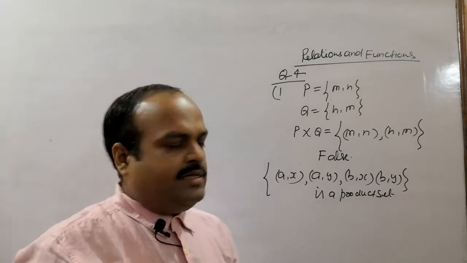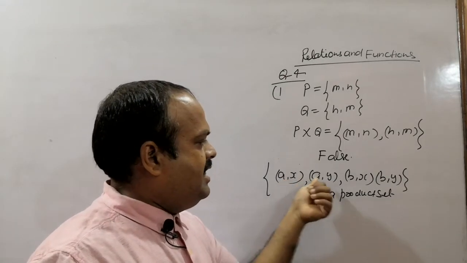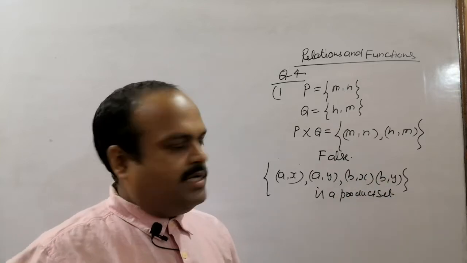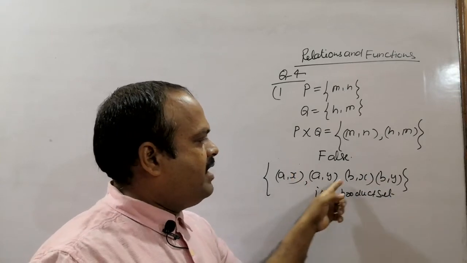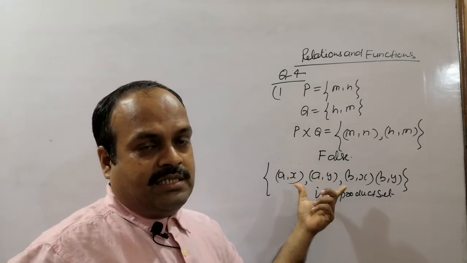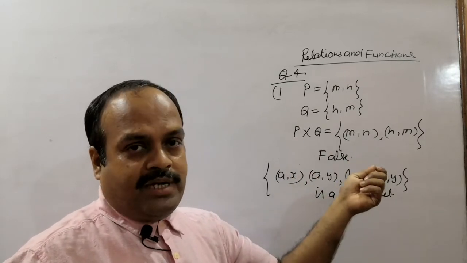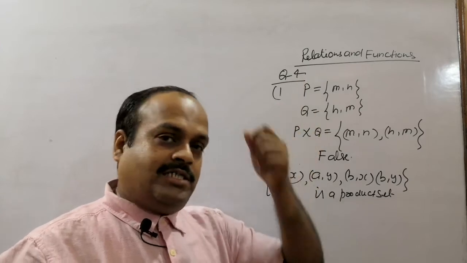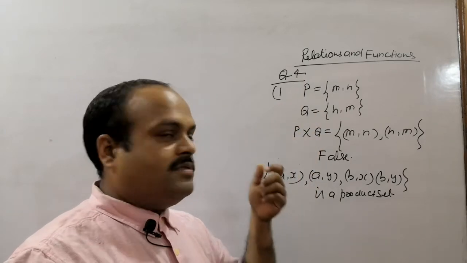Just examine. The first entries are A, A, B, B. The second entries are X, Y, X, Y. So we can say that this is the collection of ordered pairs after the Cartesian product of the 2 sets